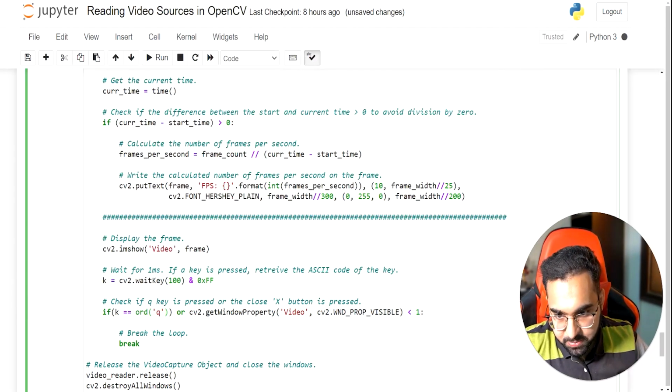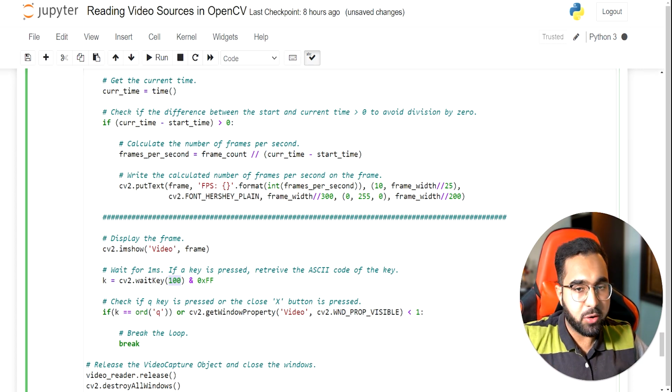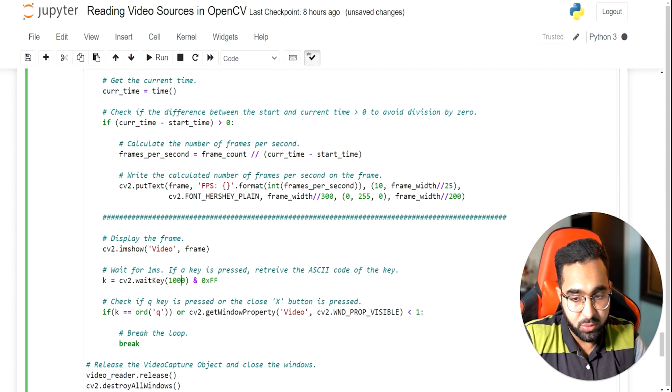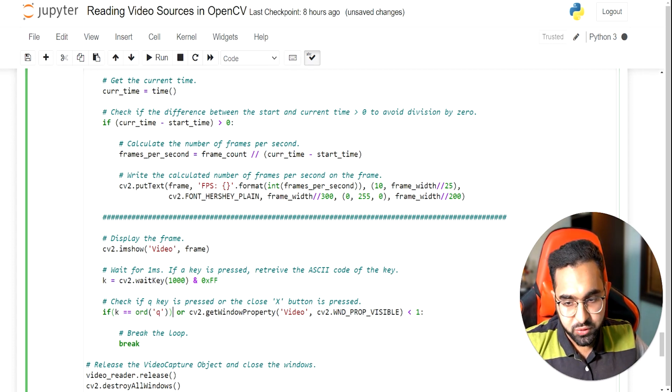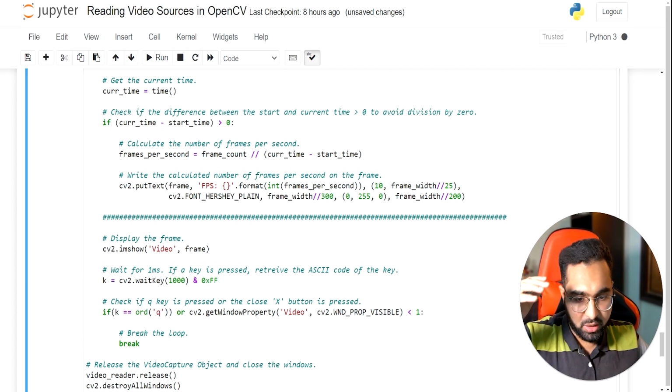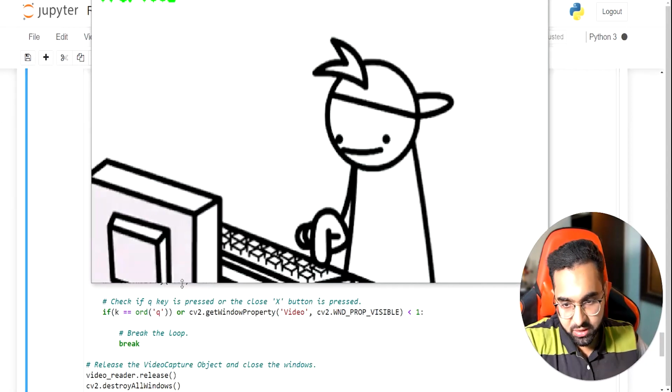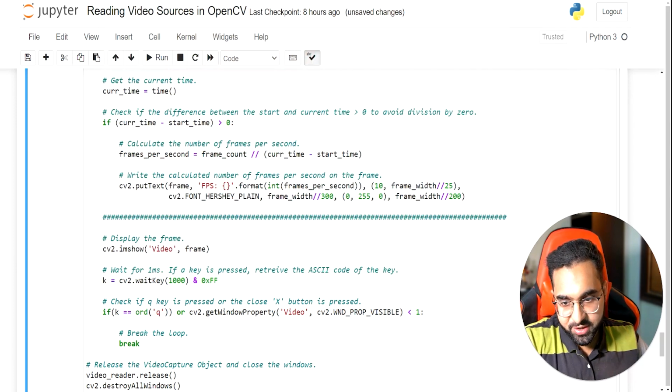By the way, if I haven't explained what's happening here, cv.waitKey takes a parameter, and this parameter is the number of milliseconds to wait before moving to the next line of code. So the higher the number, the longer waitKey will wait. If I specify 1000, that's 1000 milliseconds, equal to 1 second. So this line will make sure that it waits 1 second here, and then it moves to the next line. So you'll see the whole thing slows down by a lot when you specify this to be 1000. So yeah, now it's really slow. All right. So this is how this whole thing works.